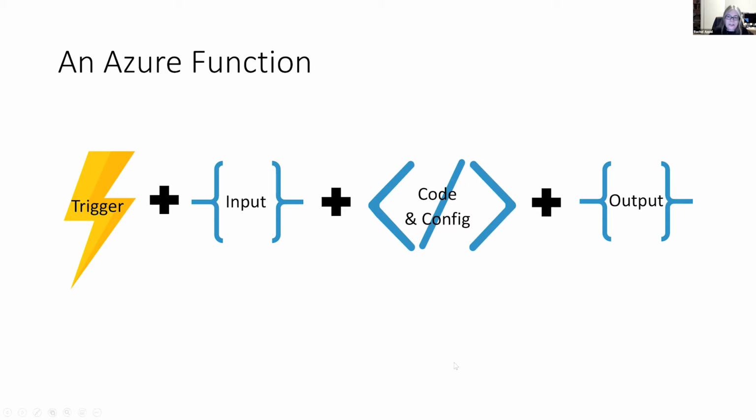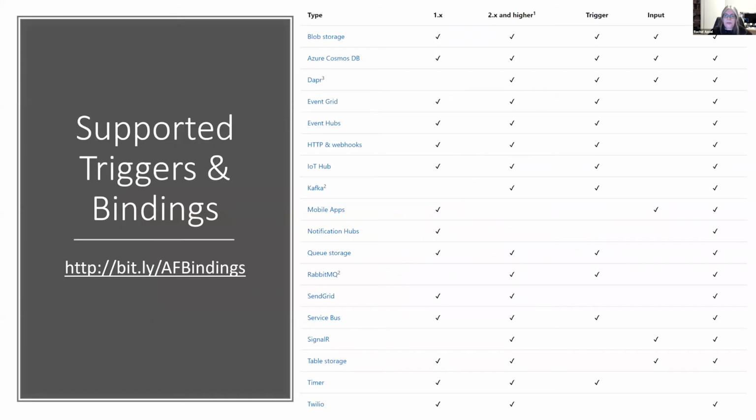The code is just standard .NET code. You can obviously use Java, Python, and some others as well, but I'm keeping it in C# here to be simple. But your configuration is all JSON. So here are some of these supported bindings and triggers. I made a bit.ly here, so you can go to bit.ly/AFbindings. They do update this once in a while, but as you can see, there are these different types, and really the big ones are, you get your versions here, but over here, the three on the right,